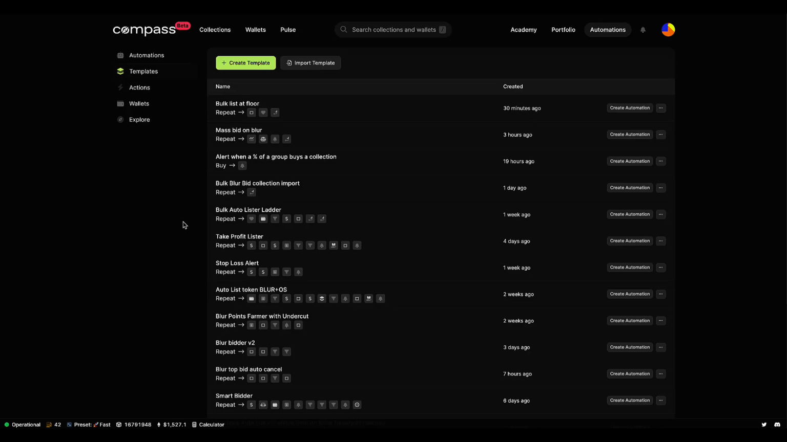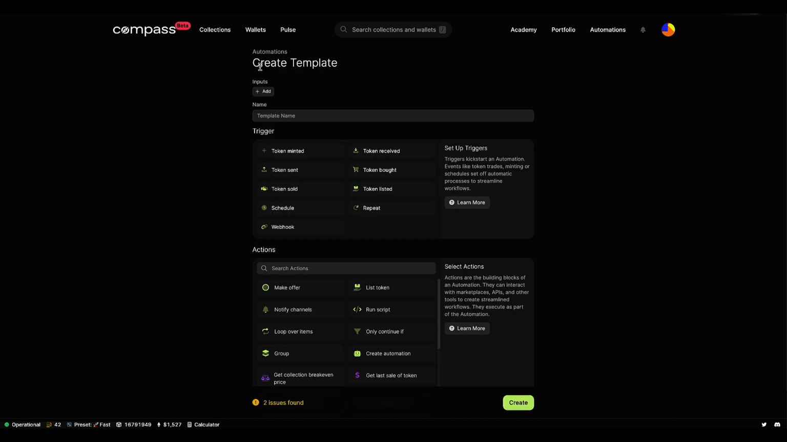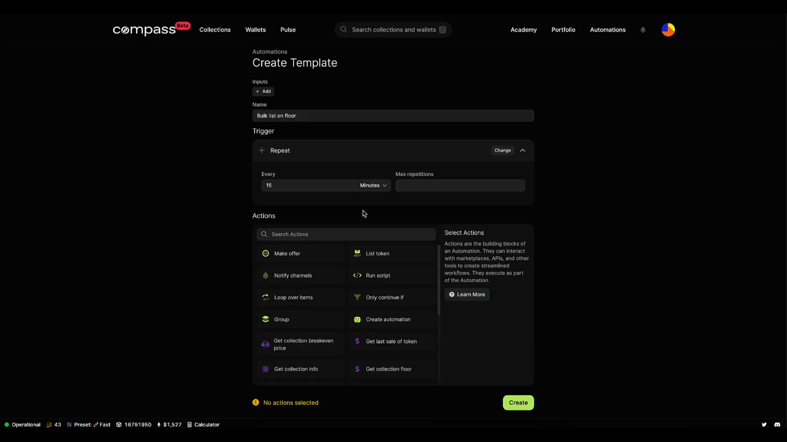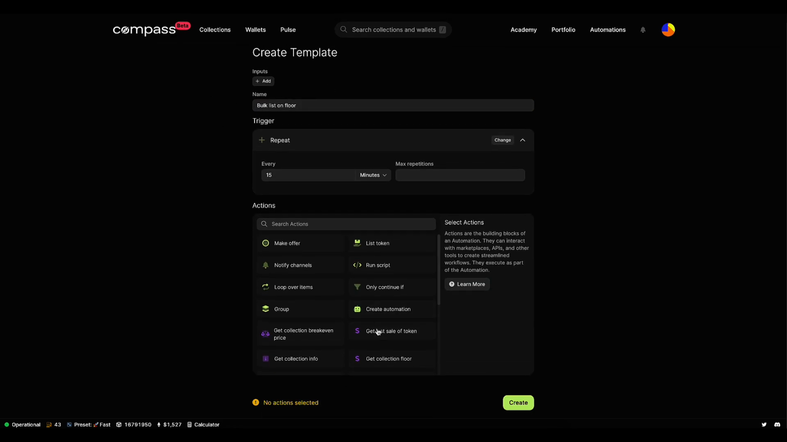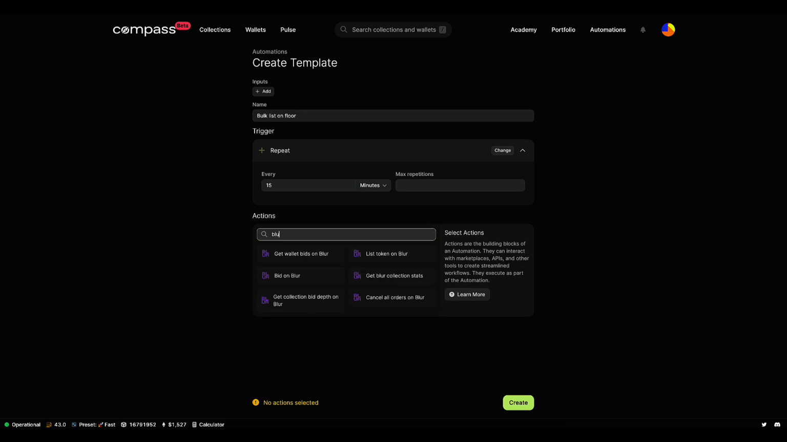Right? So let's have a look at how we can use the loop over items action to list a bunch of tokens from my wallet onto the floor, all in one automation. So I create a new template, which will be bulk list on floor. And what I will do is every 15 minutes, I will get the necessary floor from Blur,